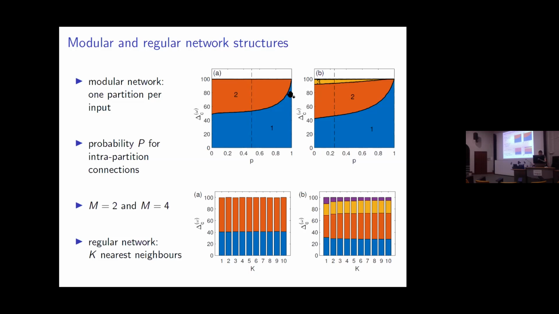And we see, as expected, in the fully modular case, the first order capacity becomes the total capacity. Why is this expected? Because all of the signal of channel 1 goes to partition 1 and has no chance to mix with the other signal. And therefore, there's no second order capacity. But as soon as we introduce just a tiny amount of links between the 2 modules, immediately the second order capacity is introduced, and also higher orders if we have more than 2 partitions. And last but not least,